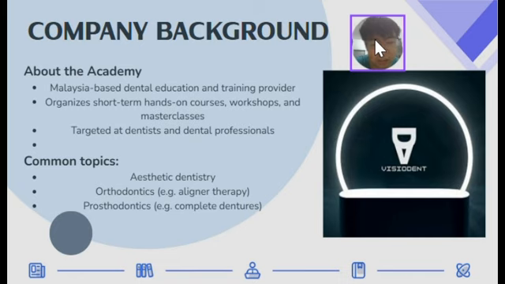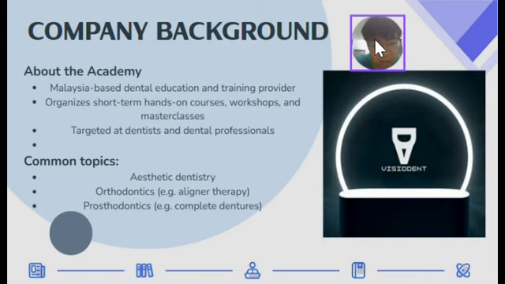Student Academy is a Malaysia-based dental education and training provider that organizes short-term hands-on courses, workshops, and masterclasses for dentists and dental professionals.